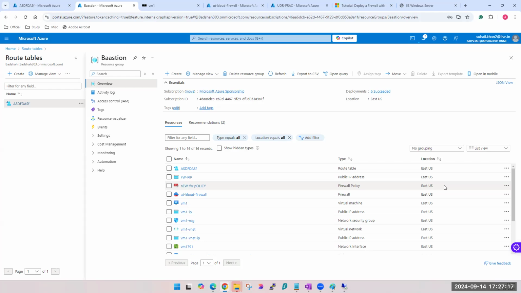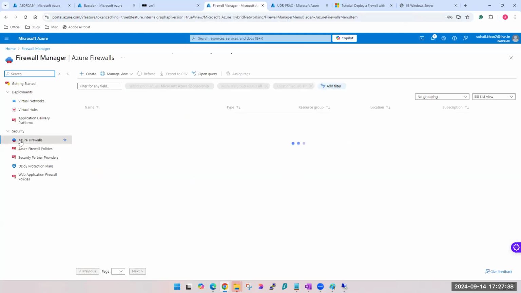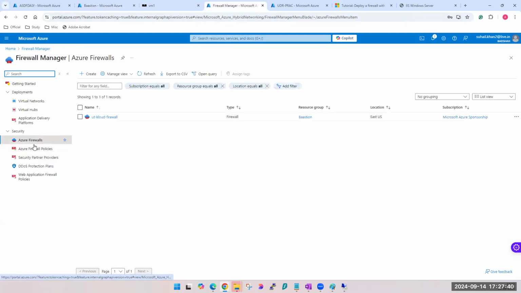But when I say ज्यादा नहीं पूछता है, doesn't mean they don't ask. They don't ask in detail. They will ask 2 or 3 questions. For example, difference between firewall and NSG. How do you handle the policies? So you should know there is a service called Firewall Manager. You don't directly have firewall, you have a firewall manager. Firewall manager, what all it does, it takes care of firewalls, it takes care of firewall policies, it takes care